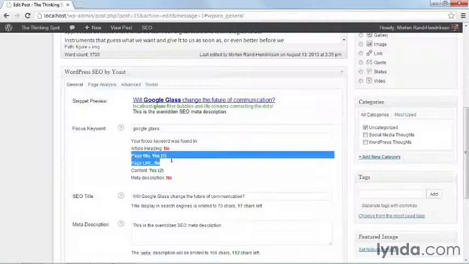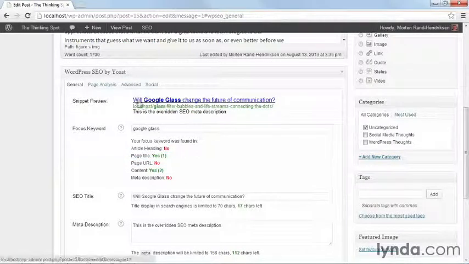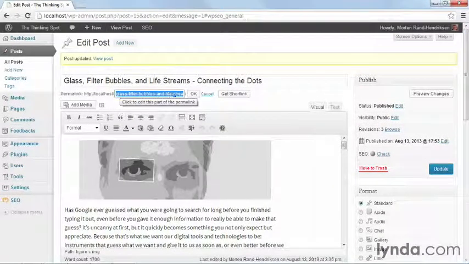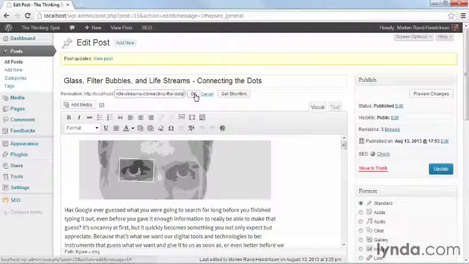For page title, it says yes, and that's because that's the page title I created. So this SEO title, that's great. I have the term that I want to target in my page title. If I didn't, I should really add it in. Page URL, it says no. That's because when you look at the URL here, you'll see it says Glass, filter bubbles, and live streams, etc., etc. What I can do here is change it to say Google Glass